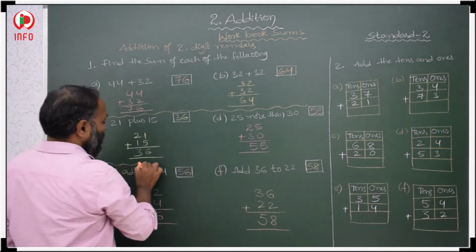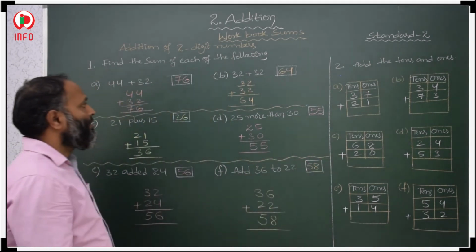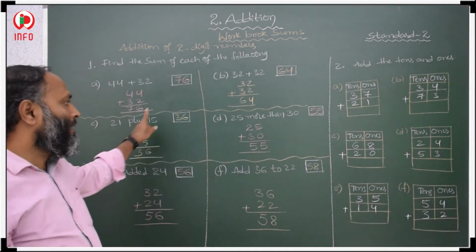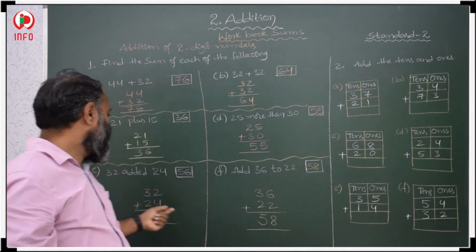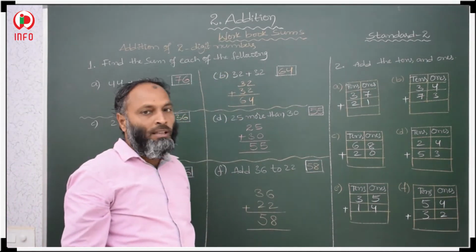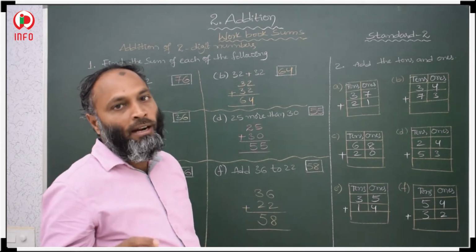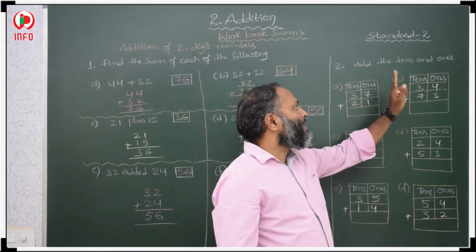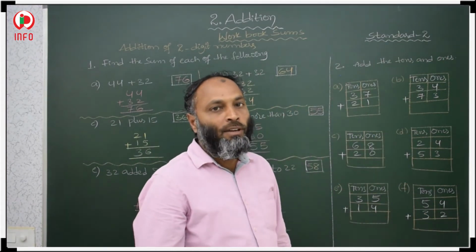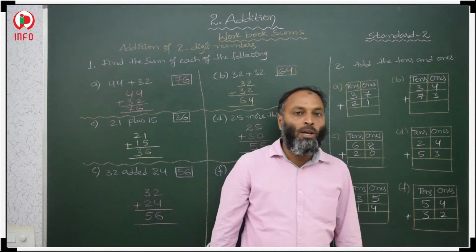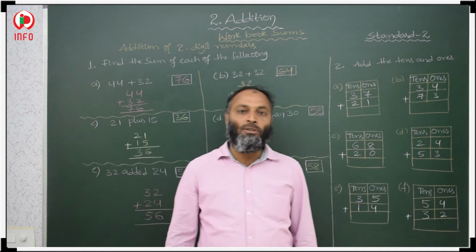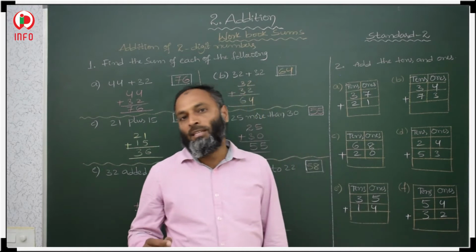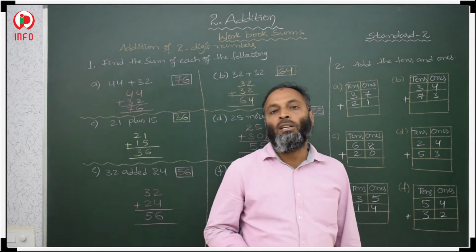Okay. So 5 types of variation are given. Whatever variation is given, our method is addition. If plus is given, more than is given, add is given, added is given, or the plus symbol is given, we have to add only. Now here, add the tens and ones. Here 6 sums are there. 3 more sums were there in your textbook. Total 9 sums were given. So 6 sums we are going to do. The remaining 3 sums you have to do as your home assignment.